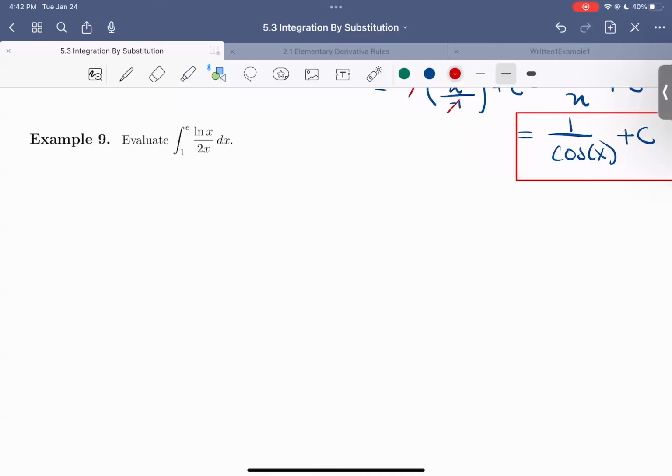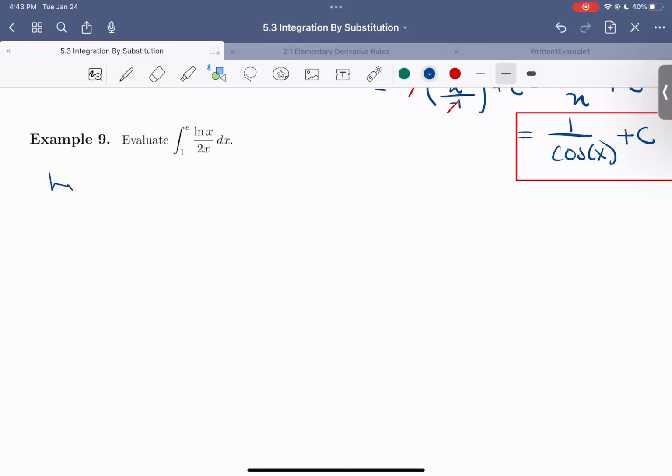So now let's look at example 9 in section 5.3. The more you do these, the more fun they become, because it's kind of a challenge to find u at first, but once you find the u, it just works out so nice. All right, so here we're evaluating from 1 to e, so we have a definite integral, ln of x over 2x dx. So we could do a little trial and error, and if you do that, you'll see that